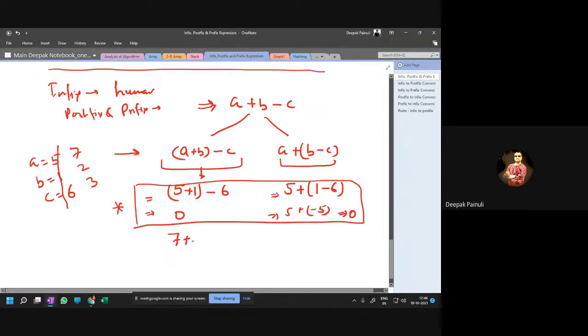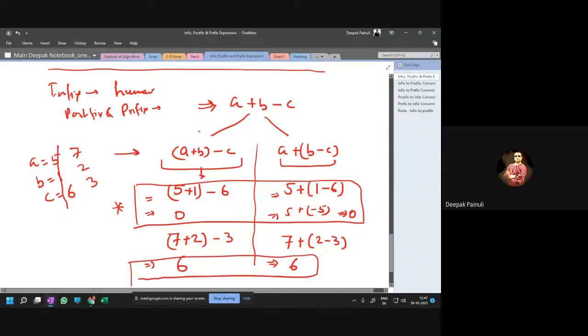7 plus 2 minus 3, and 7 plus 2 minus 3. So the value we will get: 7 plus 2 is 9, minus 3 is 6, and 7 plus 2 minus 3 is 2 minus 3, minus 1, and plus 6. In both cases, the difference arises in the case of multiplication. If you take the pair of multiplication and addition there will be a difference; in these there will be no difference. Yes, yes, yes, you are right.